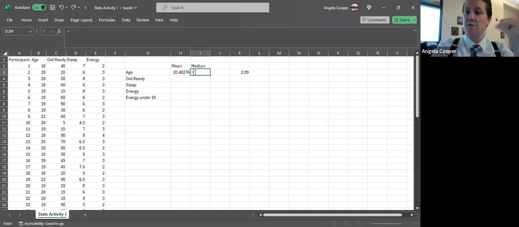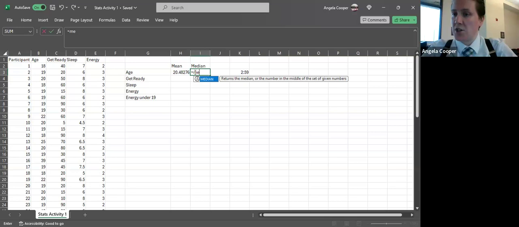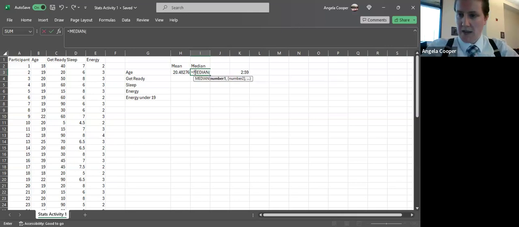Now we're going to find the median for age again. So MED, the function for median in Excel, is pretty easy. It's just equals median. So I have it selected there, press tab. And again, Excel is saying, all right, this is what I need from you. You want median? I'll give it to you, but you got to give me numbers first. Not a problem, Excel. Well, now is where